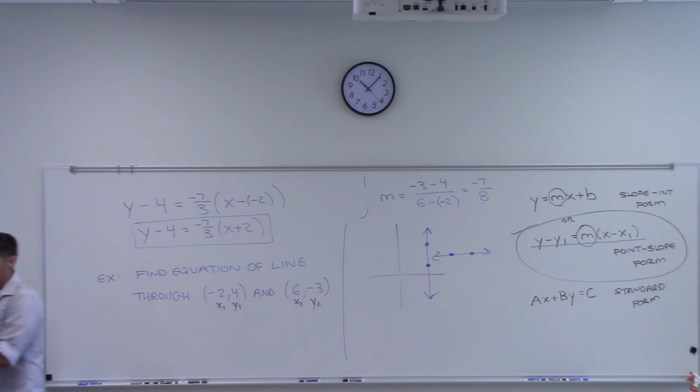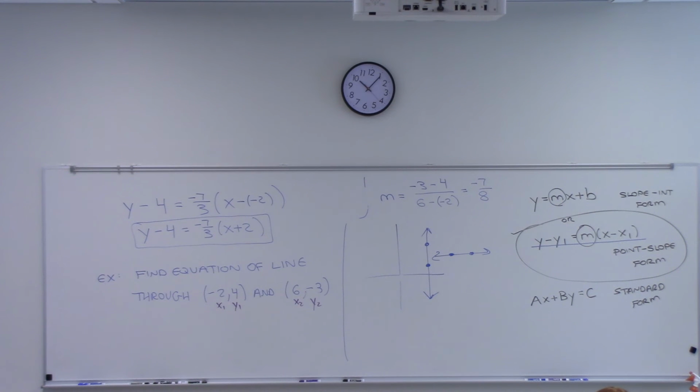So to verify this, I'm going to go to Desmos. On my graph over there, I'm going to plot the 2 points real quick for you. The points I gave you were negative 2, 4, that's the first point. Second point was 6, negative 3. I'm sorry that you'll have to turn around, it's kind of a pain, but y'all see the 2 points there? There they are, the red one looks like blue.